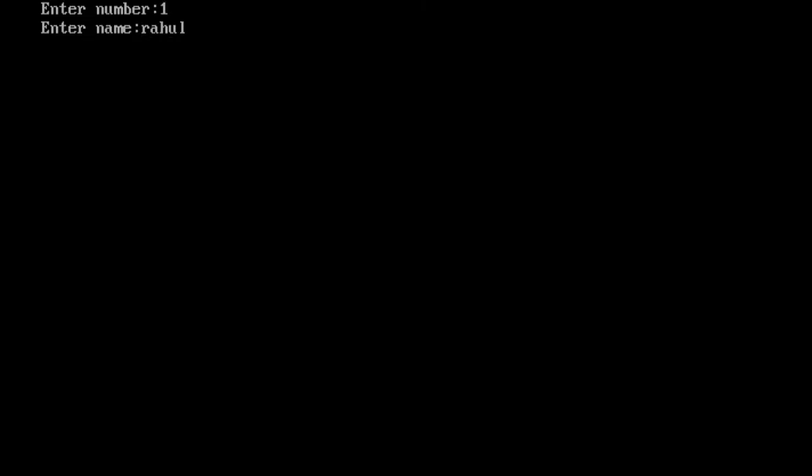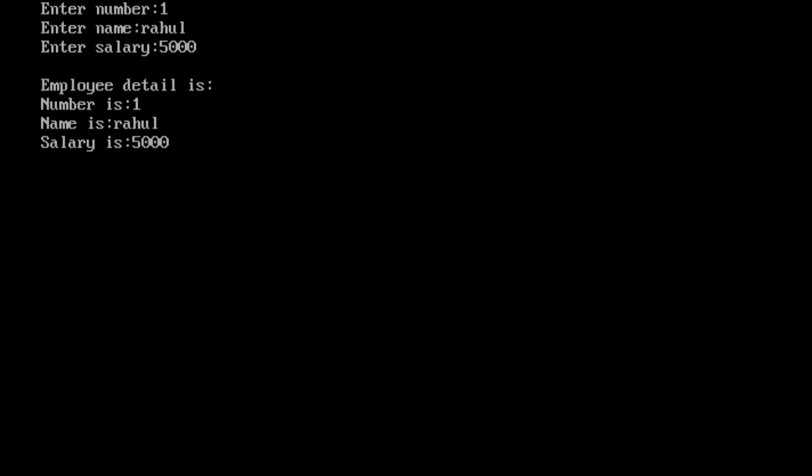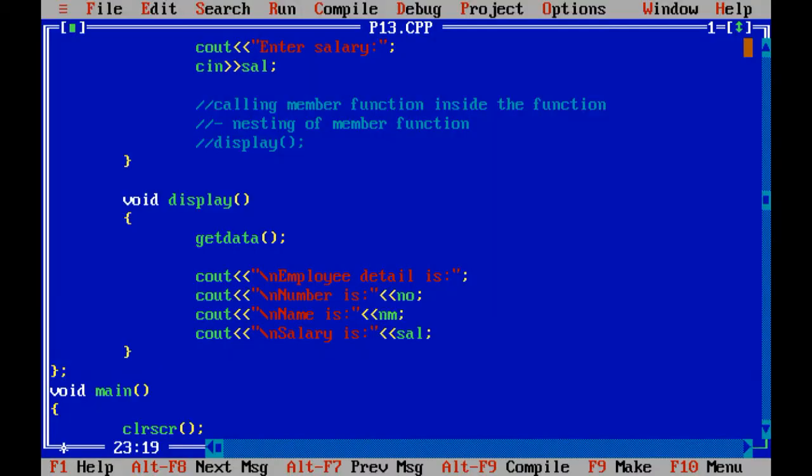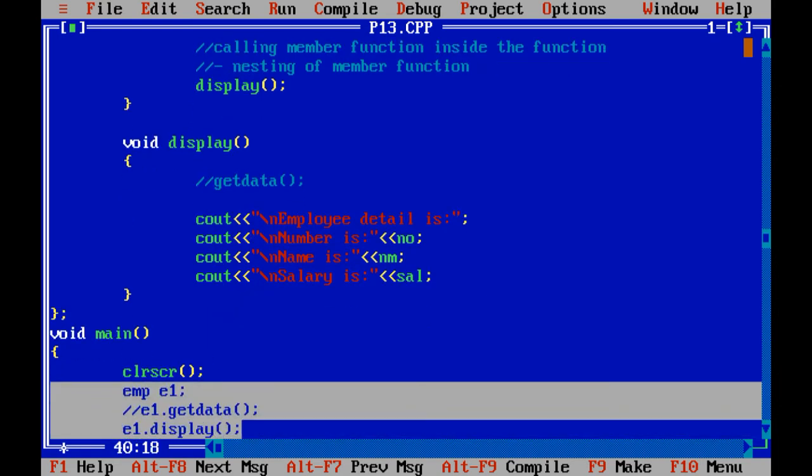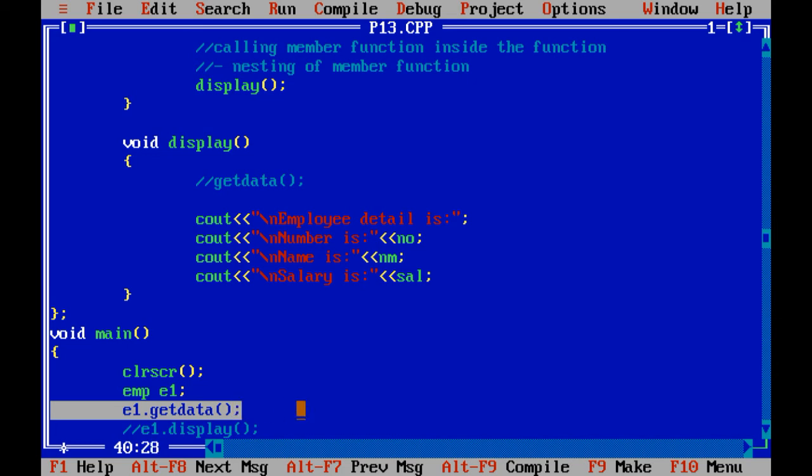1 Rahul and salary would be 5,000. As I have told you, the output would be the same in all the programs. Now I am going to remove the comment line from the display function, and I am going to put get data. Over here I will create the object of the employee class, and with the help of that I am going to call the get data function, right?